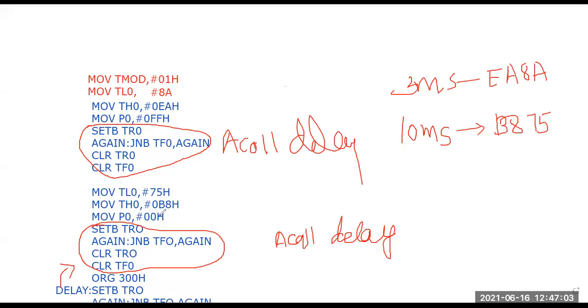Whenever you are calling this in between, you should return, like with an interrupt. Here it is a timer delay we are writing, some subroutine, subprogram. You're calling this subprogram delay. Delay is the subprogram we are writing here. So to end this one, you have to write the RET instruction. I told you while teaching the instructions that to end a call or interrupt you have to write RET, if you remember. Okay, RET.